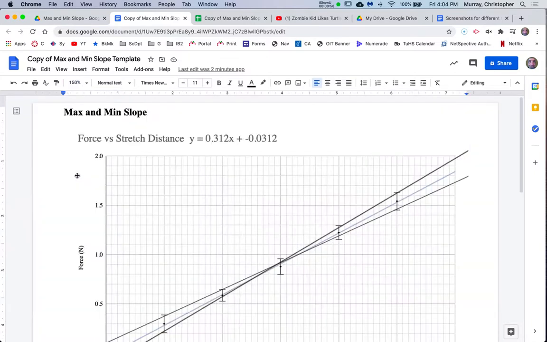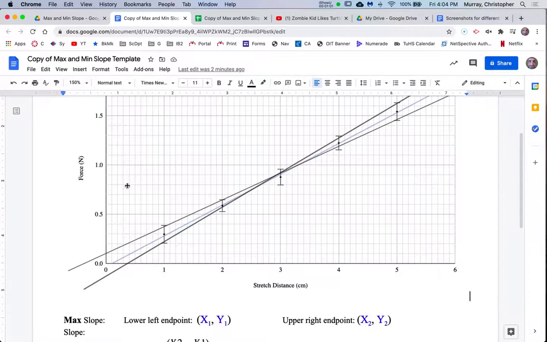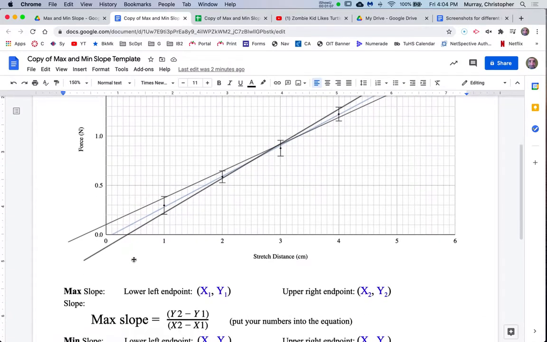And it helps to zoom in a little bit, right? And so the maximum slope line is this one here. It's slightly darker because I must have made it smaller and then dragged it out a little bit, okay? So here is my maximum one, right? And the lower left endpoint there appears to be,